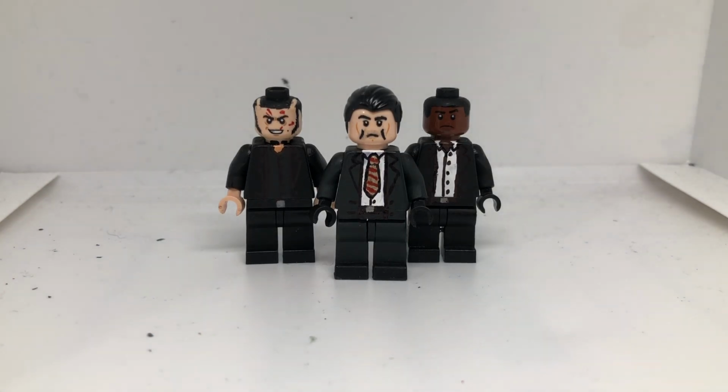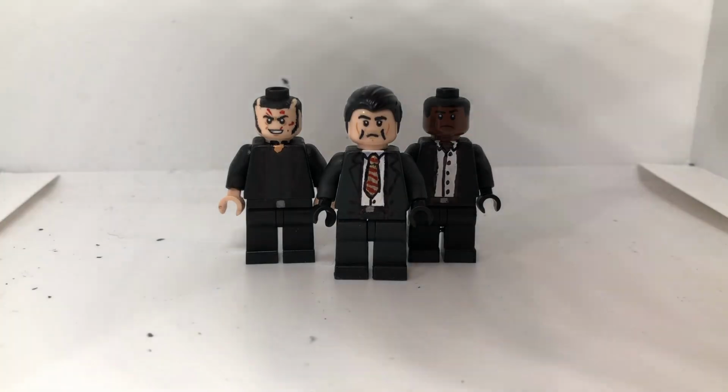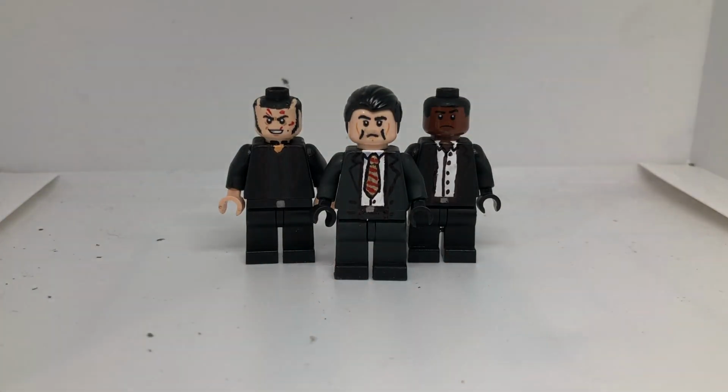But so anyway, these guys may look familiar. They are Michael, Trevor, and Franklin, based on how they appear in the final heist at the end of the campaign for GTA 5. So these were actually a commission for someone, and before you ask, yes, I do offer